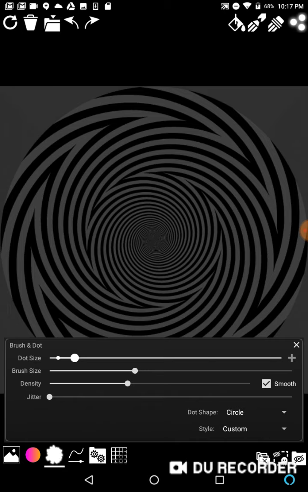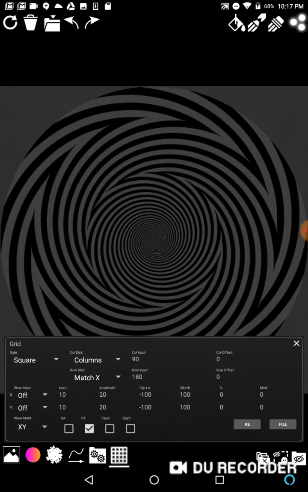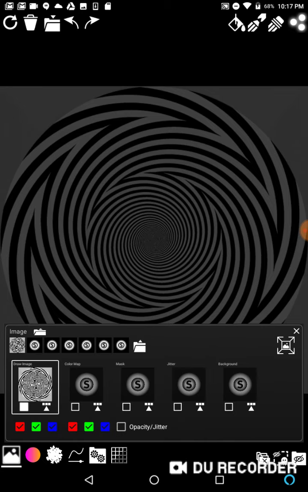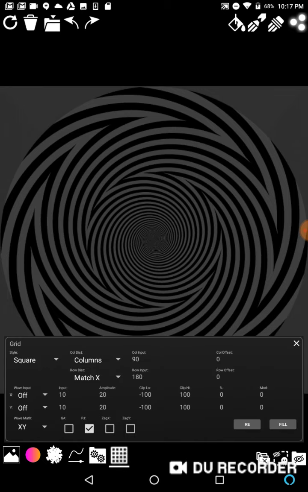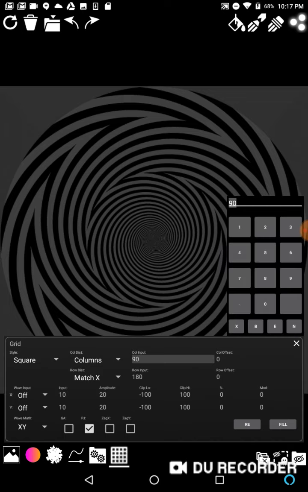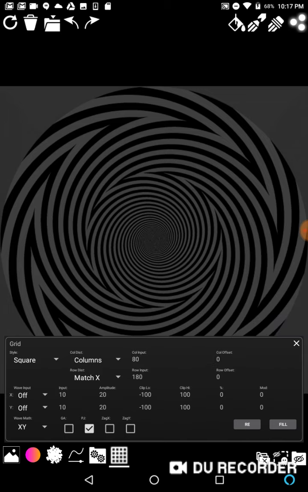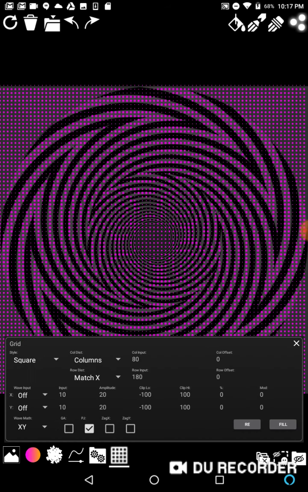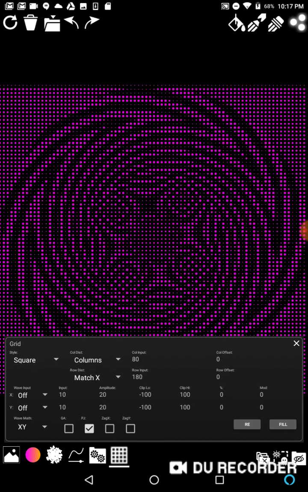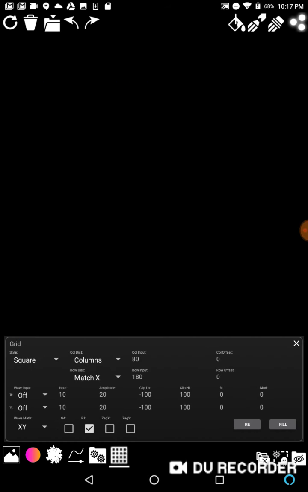Okay, so once we have that, first off, let's go to the grid menu. We'll get into the actual piece in a second. But right now, if we want to put the number of columns at 80, let's fill and take a look at what we got if we hide this. All right, that looks pretty cool. So from there,